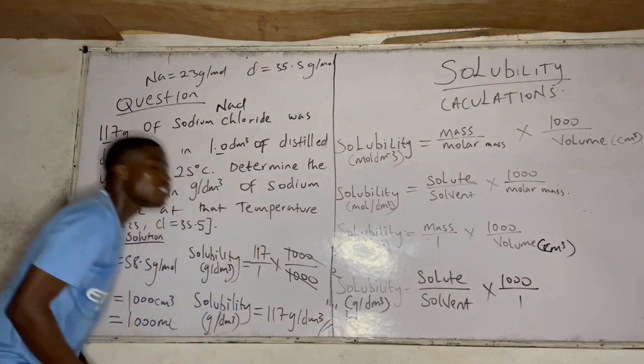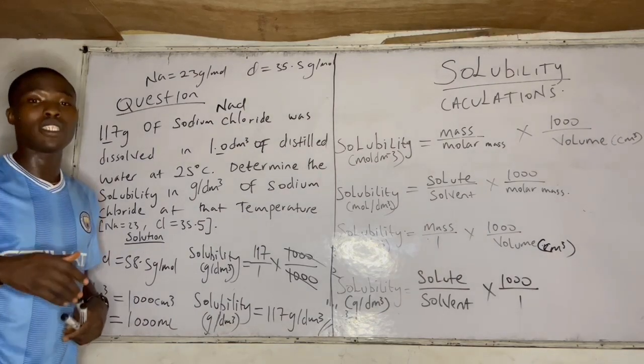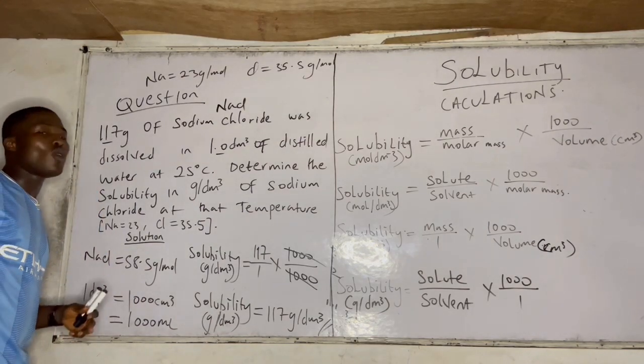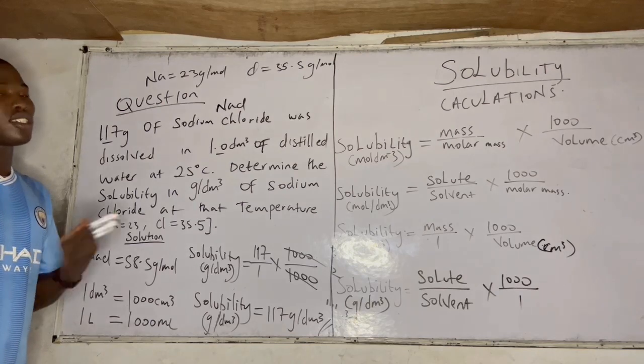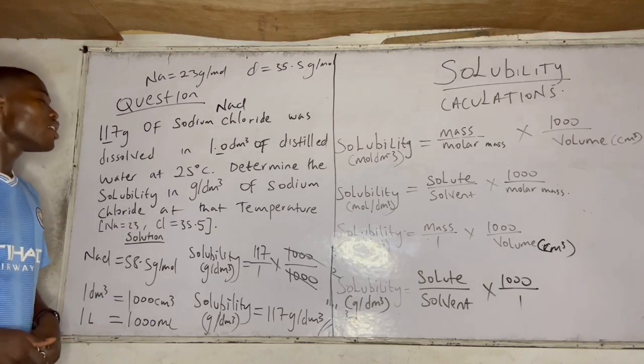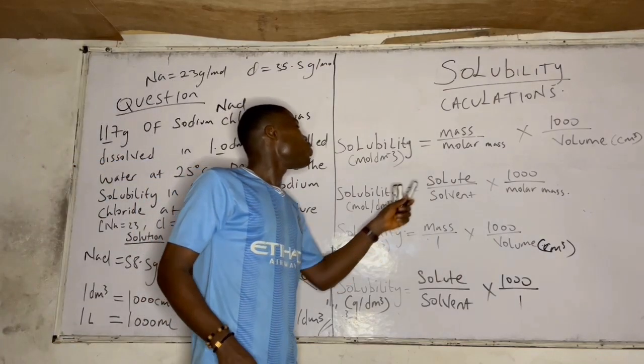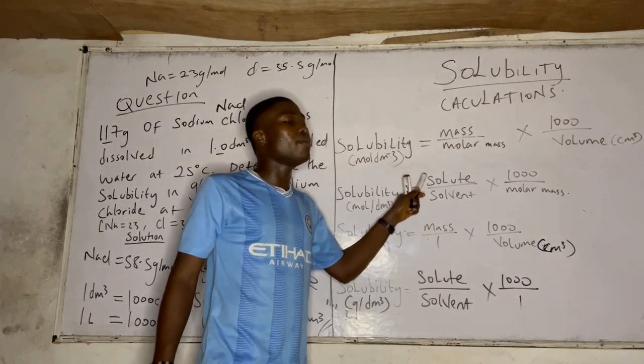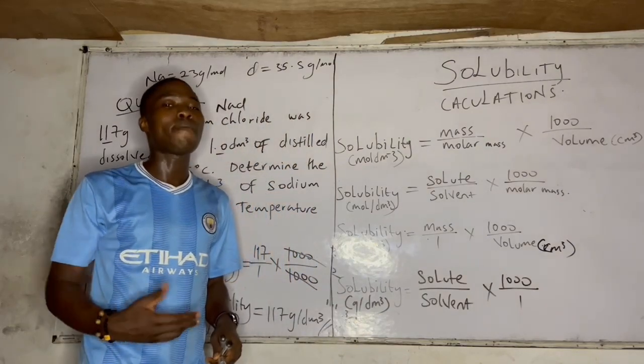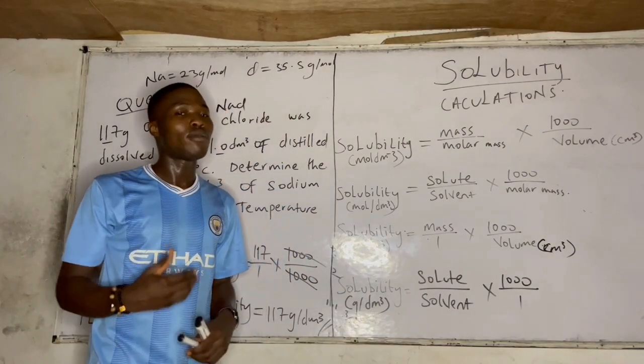So those of us writing UTME, those writing post-UTME, these are likely questions. So any questions you come across, just use this same approach. In some cases, in the next examples, you will have your mass of solute and the mass of solvent. So you just approach it the same way. So that's how